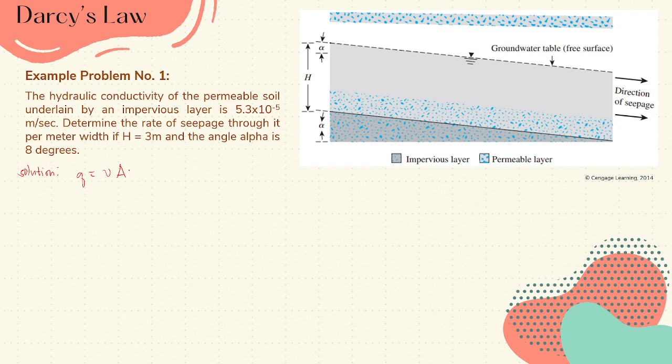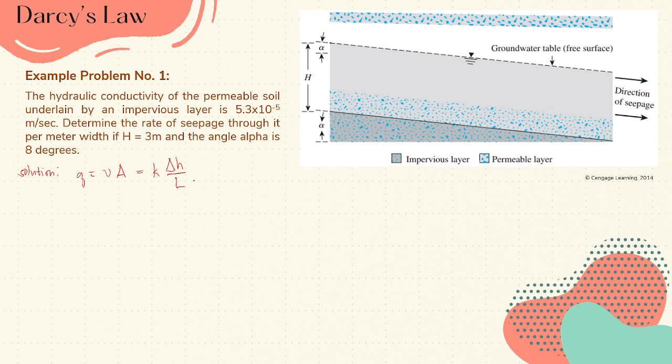And from Darcy's law, V is equal to the coefficient of conductivity times i, the hydraulic gradient. In this case, I will write this as delta H all over L